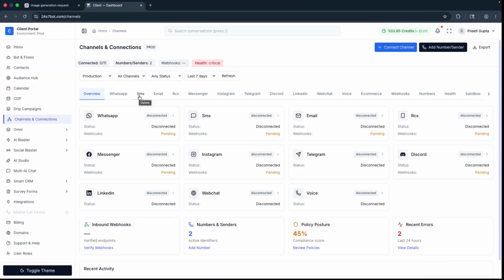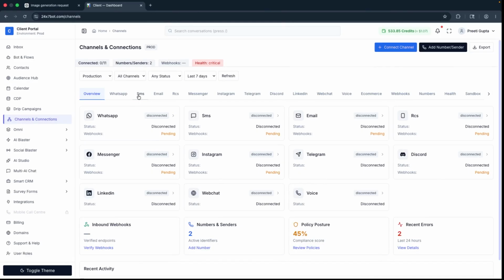Before sending SMS in India, it is mandatory to get your sender ID and SMS templates approved on the DLT platform. Now, what is DLT? DLT stands for Distributed Ledger Technology, introduced by TRAI to reduce spam and unauthorized SMS. For India, DLT approved sender ID and SMS template are required. DLT charges may apply depending on the operator and DLT provider. For other countries, this DLT approval process is not required, so you can directly create templates and run SMS campaigns.